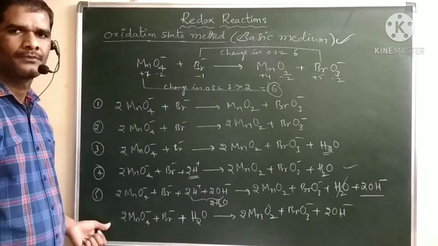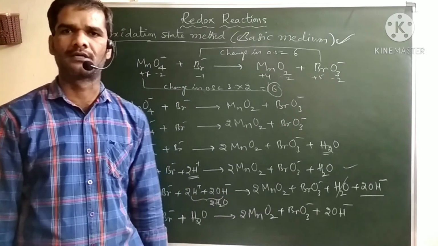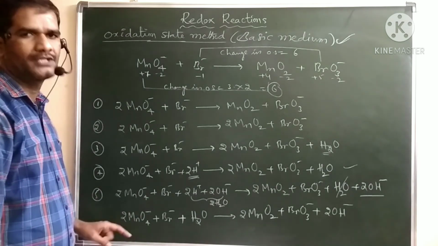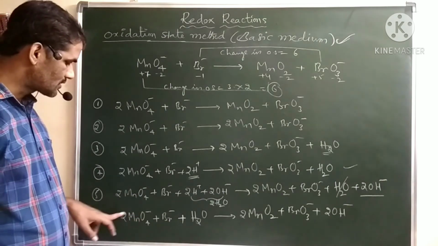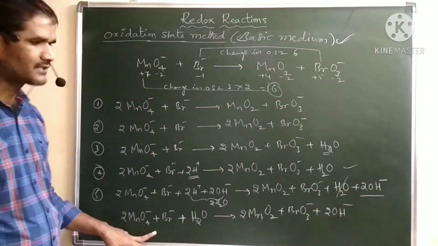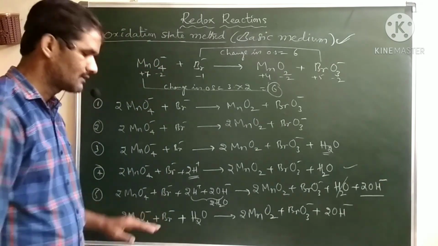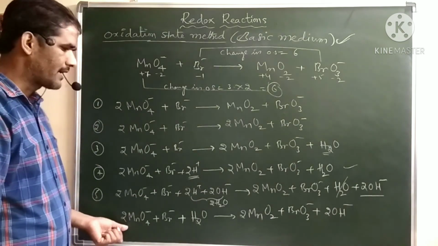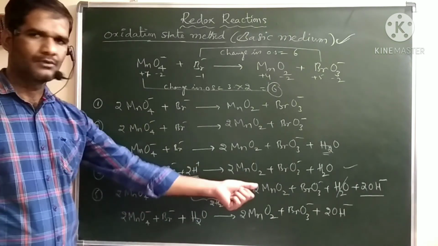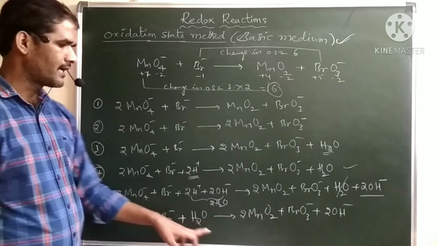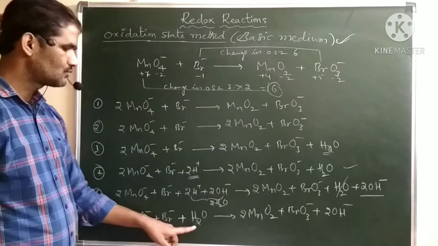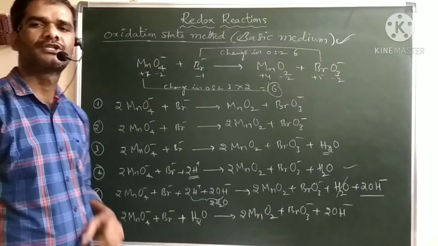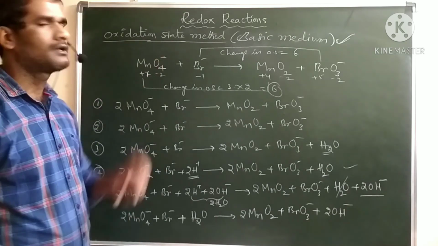The last step. Again, how to check whether the reaction is balanced or not? First you check whether the charge is balanced or not, and after that you check the elemental balance. Now see here, charge 2 minus minus 3 minus is there left side, and right side also 3 minus. Reactant side 3 minus, product side 3 minus. So now it is balanced. And the elements: manganese 2, bromine 1, and oxygen here 8, 9, and the product side also 9. Here 2 hydrogens, and here also we have 2 hydrogens. So now this is the balanced equation in basic medium by using oxidation state method.